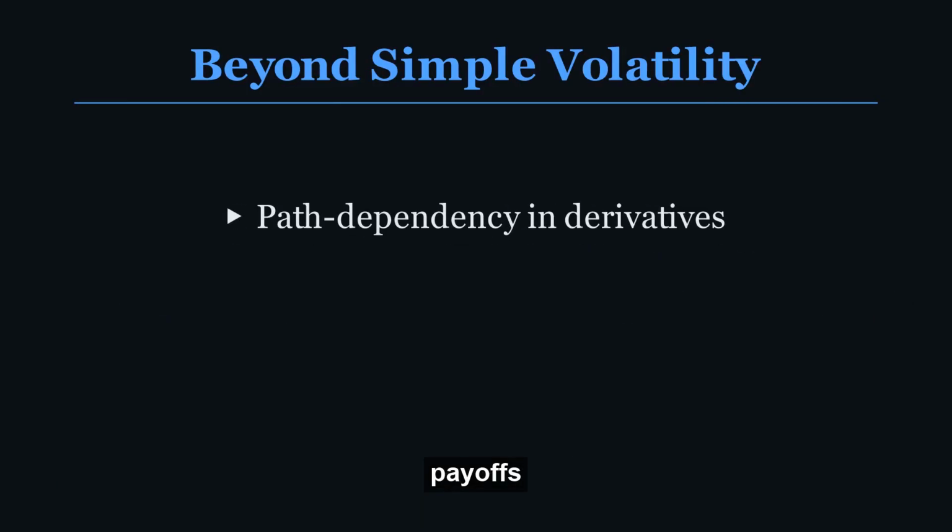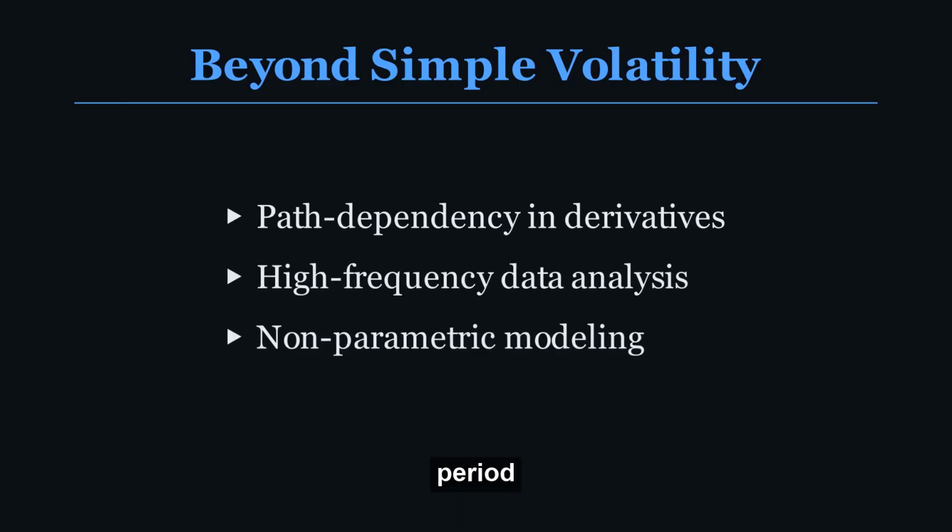Consider derivatives whose payoffs depend on the average price over a period, or trading strategies that react to specific sequences of price movements. These are inherently path-dependent. Furthermore, the explosion of high-frequency data demands methods that can robustly analyze and model irregular, noisy time series. Traditional models often struggle with these complexities, necessitating a shift towards more flexible, non-parametric approaches that don't impose rigid assumptions